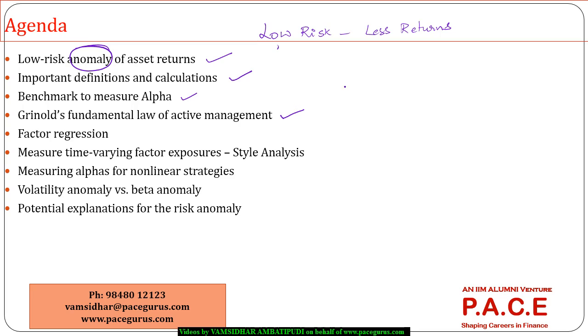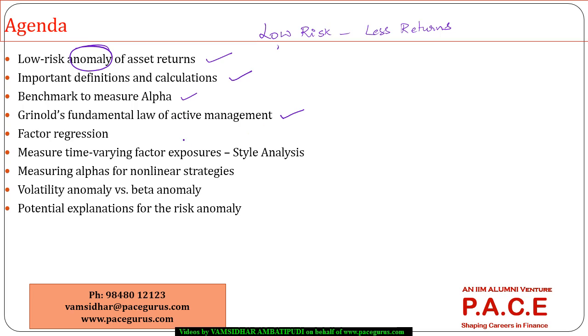And in this entire process, we need to have a good understanding of the fundamental law of active management, Grinold's Fundamental Law of Active Management. So we want to look at that, trying to understand what it is, what are the various concepts that are covered as a part of the fundamental law of active management. Then we will bring factor regression into the picture, understand the model,